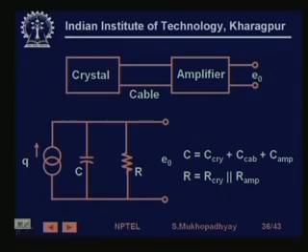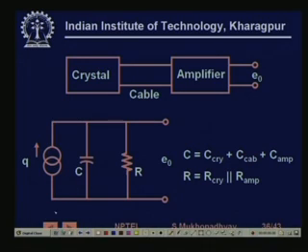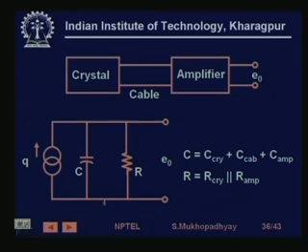So because of this capacitance, the equivalent circuit, which previously was C crystal and R crystal, now this C and R will change, because the cable, if you have a long cable, has a distributed capacitance to ground. So now this capacitance will come in parallel with the crystal capacitance. Similarly, this amplifier resistance will also come in parallel with the crystal resistance. So what will happen is that it turns out